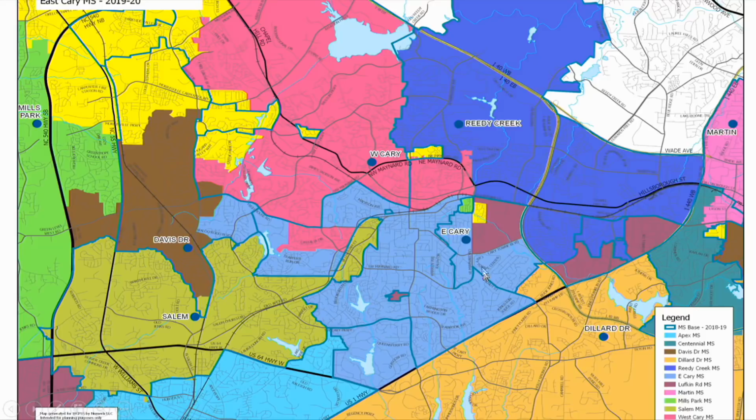Then taking all of these students in this particular area, and then again going all the way out here to the Davis Drive area to try to have enough students to make it balanced with the other schools in the area and to fill it on the traditional calendar. Because the long-term concerns we have about the school is East Cary will not have many schools applying to it for a traditional calendar. Just this area, the Adams base, will be able to apply to it as a traditional calendar. Reedy Creek is a magnet school.